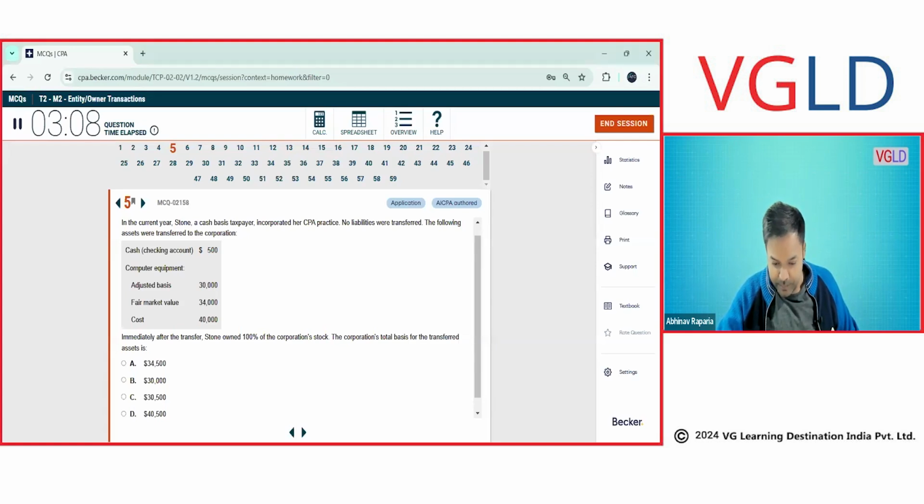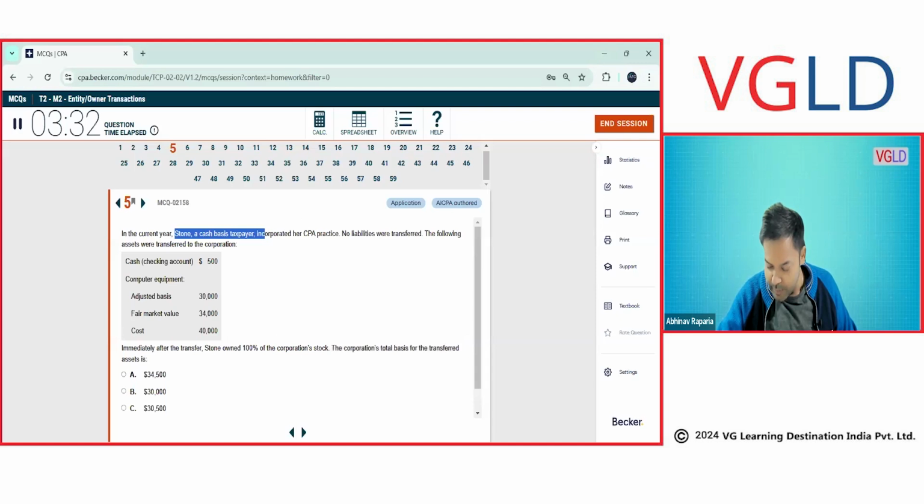What should be the answer, people? D. Corporation total basis in the asset. Which step is this? Step number 4. Correct. It is going to be step number 4. Now,